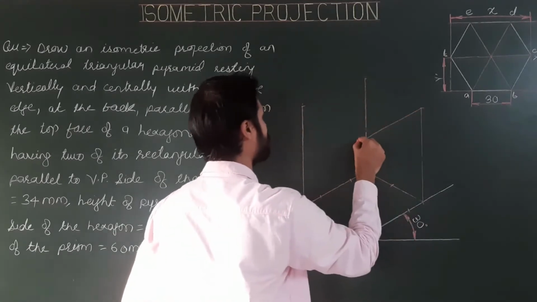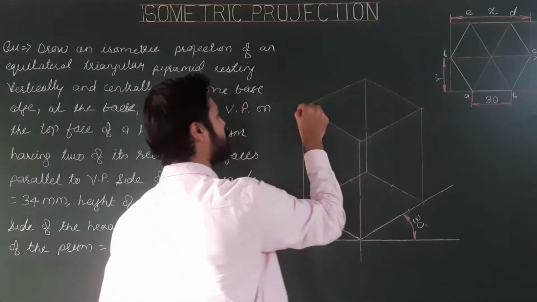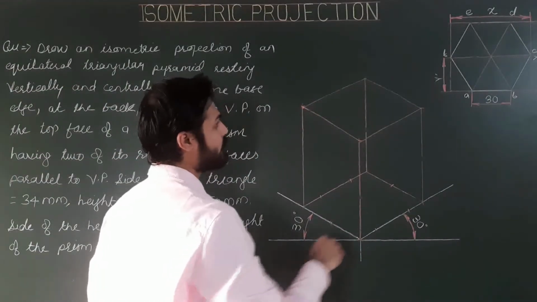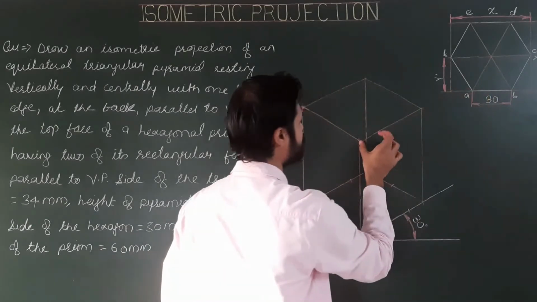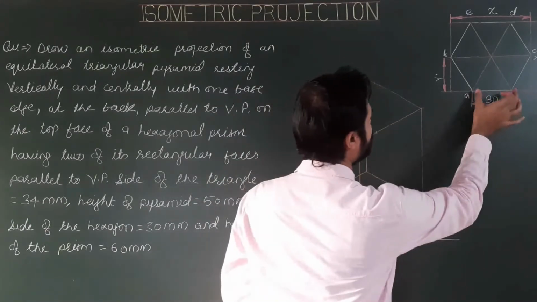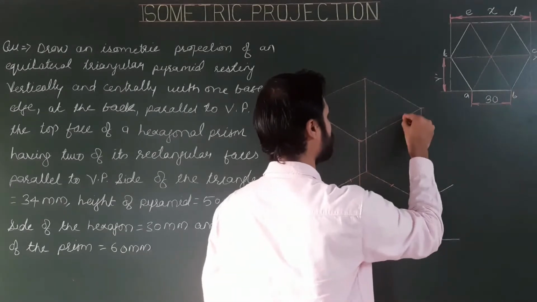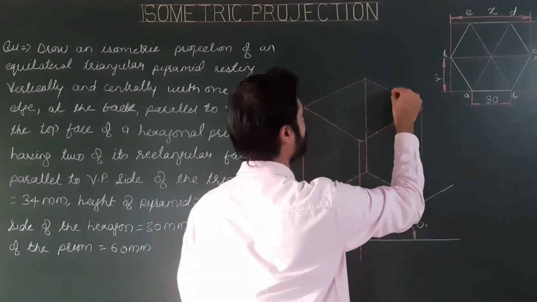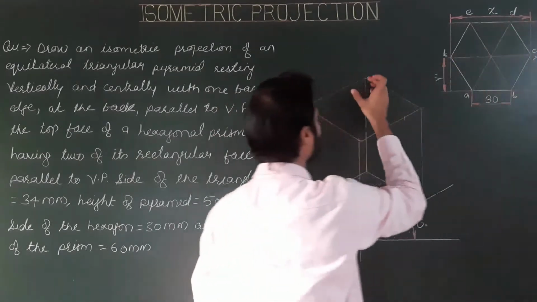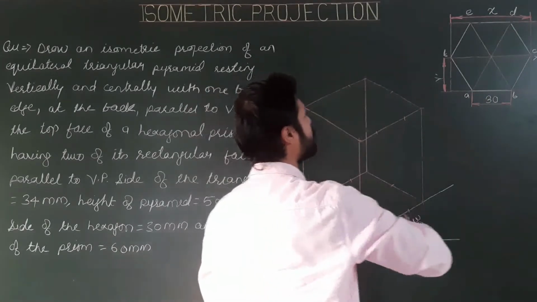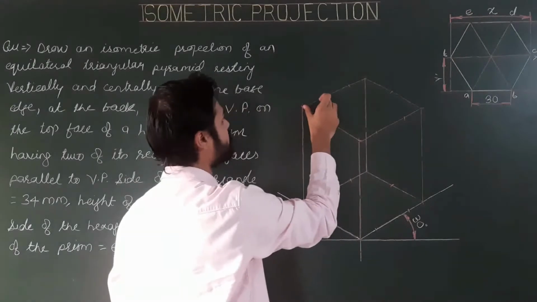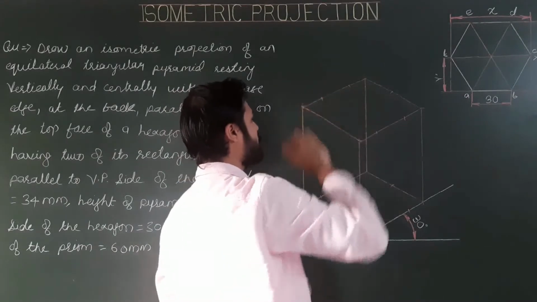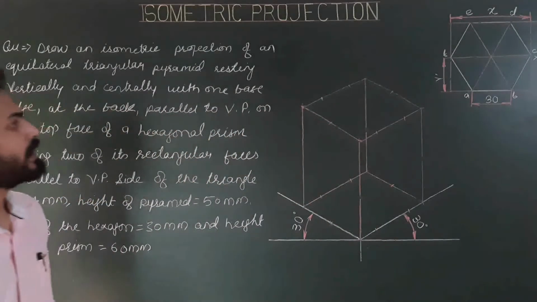Drawing lines, joining these points again, and then we have to repeat the process for corners of the hexagon. So from the first corner, A, to B, A to B. From corner to C, corner to D, corner to E, from the last corner to E, and corner to F. Now joining all points,